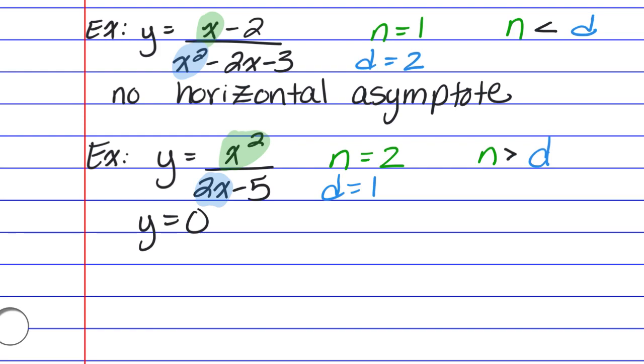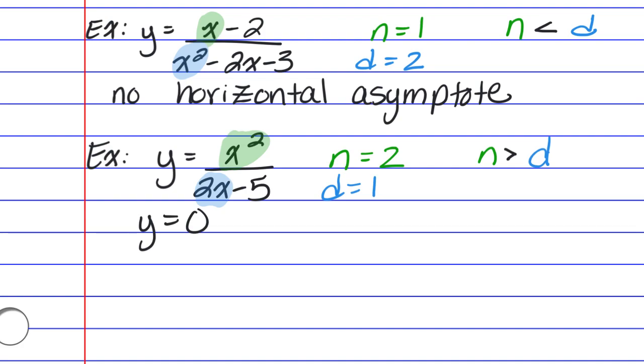In my second example, my numerator has a highest degree of 1, and my denominator has a highest degree of 2. So my numerator is less than my denominator, and the rule says that if your numerator is less than your denominator, then you do not have a horizontal asymptote. You may still have vertical asymptotes that occur at those points of discontinuity, but you do not have a horizontal